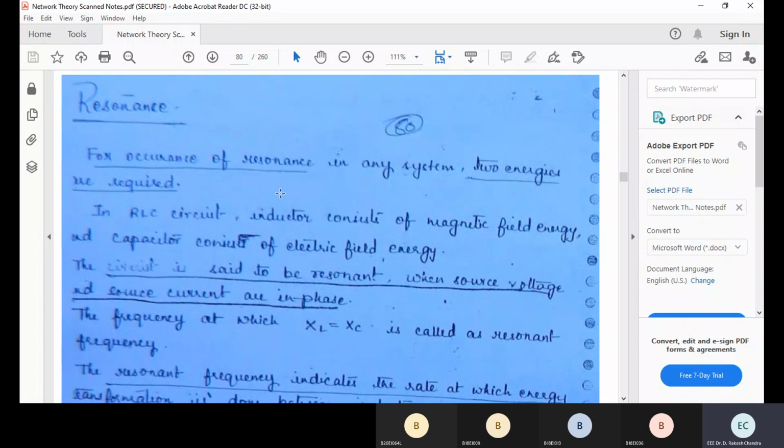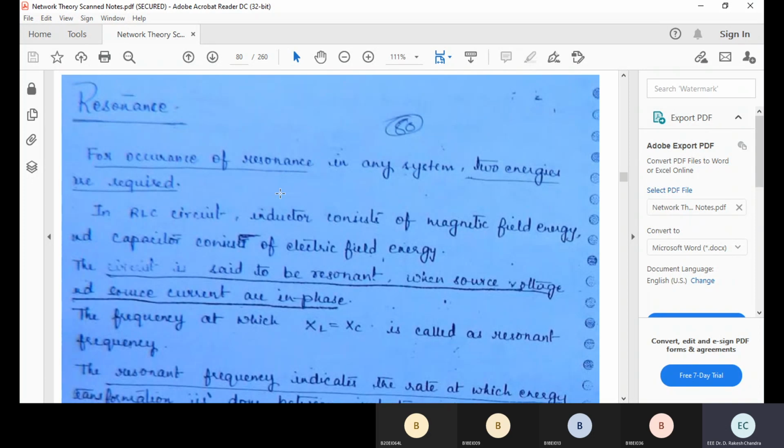Now the physical phenomenon of resonance. Generally, people advise not to march on bridges. If you march on a bridge, the marching frequency and the natural frequency of the bridge coincide, so it will oscillate with the maximum amplitude and the bridge may collapse. So they advise like that. There are several such examples of resonance.